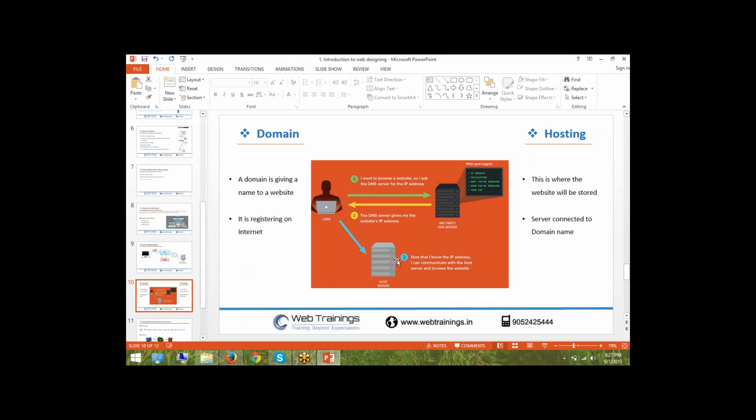To that domain, we need to connect the host. Domain, it's just giving a name. That is nothing but we want to take some IP address. Hosting, it is just a space on the server where we store our website. Like whatever the pages we design in our system, the next step should be we have to upload it on the server. We have to put all these files on the server